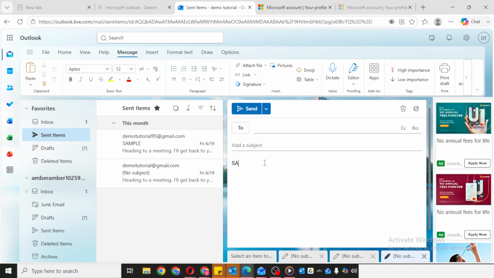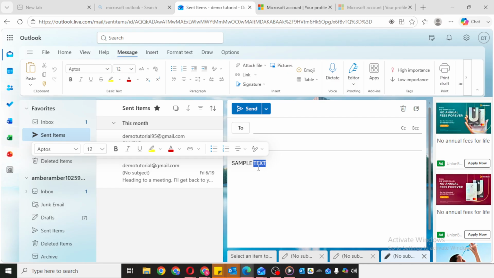After your text is written, the next step is to select the part you want to highlight. To do that, click and drag your mouse over the specific word, sentence, or paragraph. As you drag across the text, it will turn blue, which shows that it has been selected. Make sure only the exact text you want highlighted is selected before moving on.